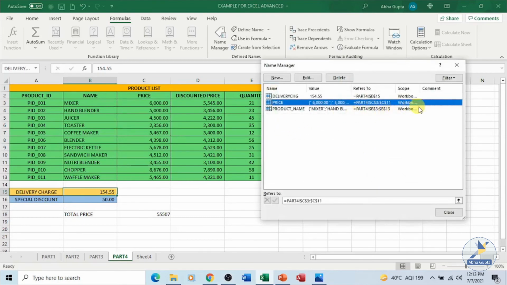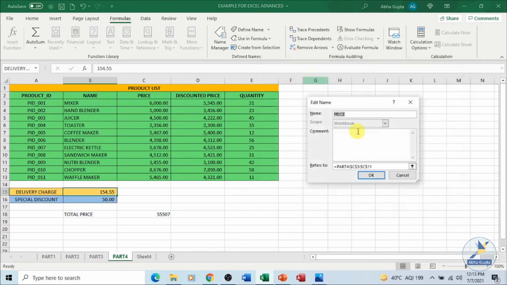Your changes have been made. Another thing I would like to discuss is, whenever you click on edit and make a change to the existing name, you cannot change the scope. If you want to change the scope, you have to create a new defined name altogether. That cannot be done from here.